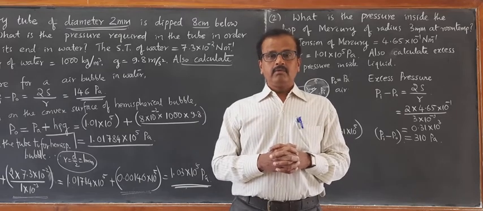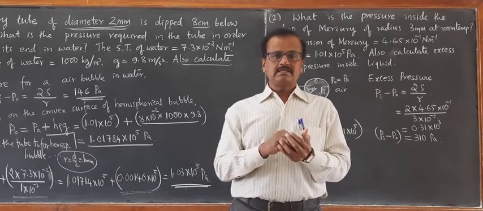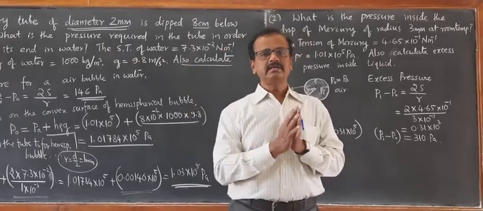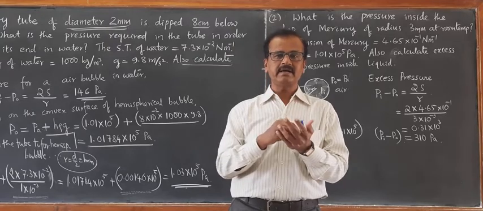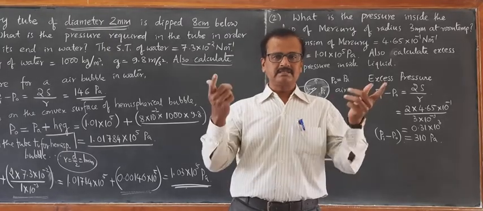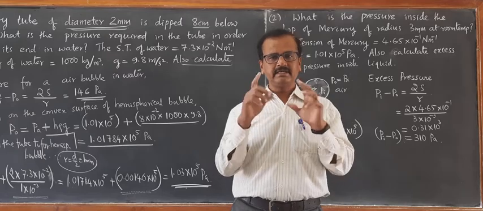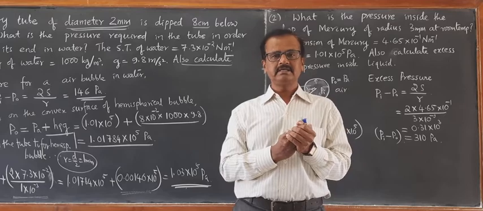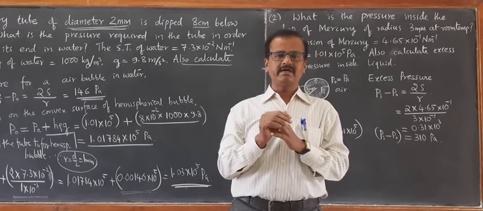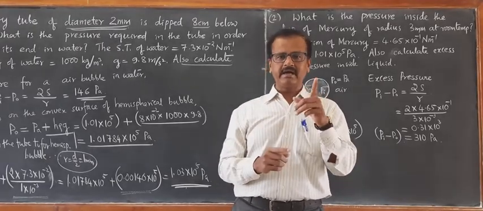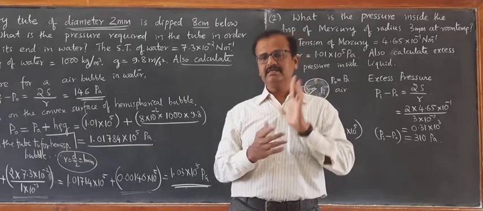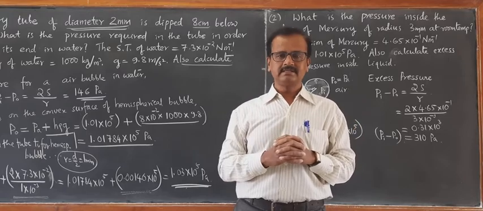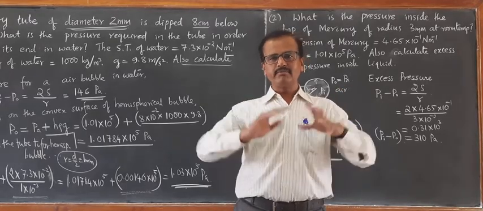Now, when water sticks to glass, there is a capillary rise. We have learned capillary action. There is a capillary rise in the capillary tube. Since mercury doesn't stick, mercury will have capillary fall, and we have discussed the reason for that: an obtuse angle of contact for mercury, and an acute angle of contact for water, that is, water-like sticking liquids. What do you mean by sticking? What do you mean by non-sticking?